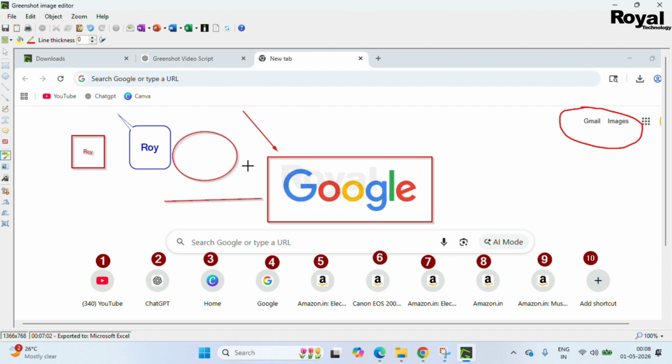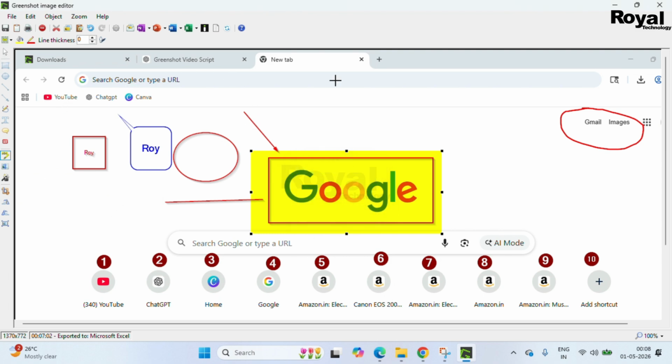If you want to use a highlighter, you can use that as well, and this option we also have in the Snipping Tool. And this is something else, I don't know. If you have any idea, you can comment. And this is a border, and if you want to add a border to this screenshot, you can add it. These are a few basic options, and you can rotate.